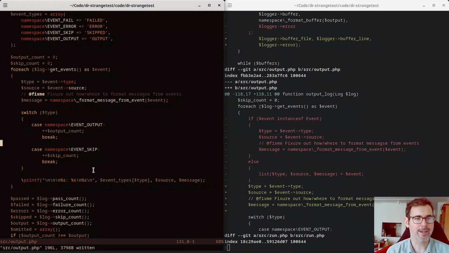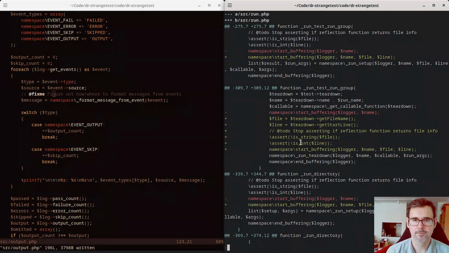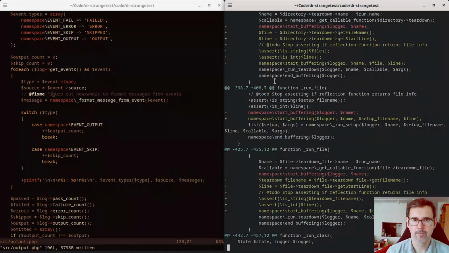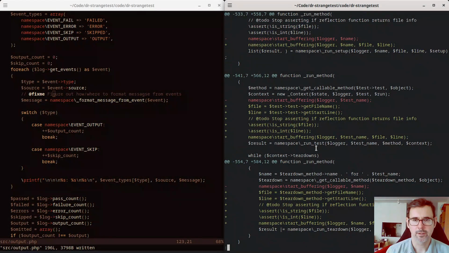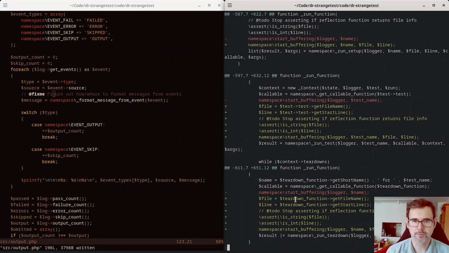Type. Typo. In fact, I can't even. This is supposed to be what? Fixture? The G? Yeah. I guess I was thinking fix and I typed fixer. Okay, so with that done,